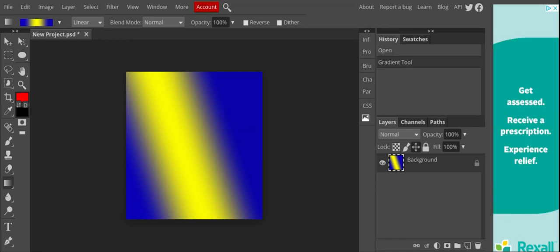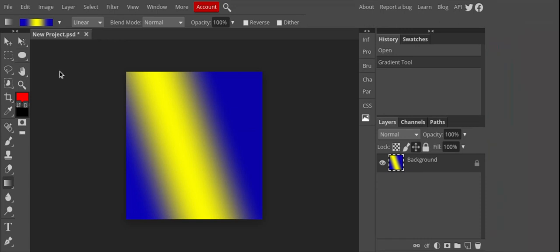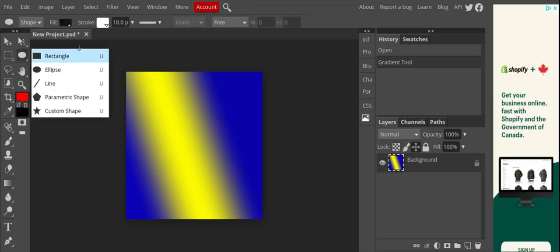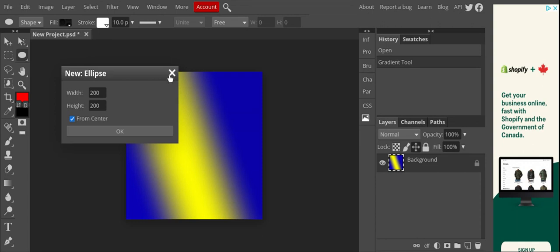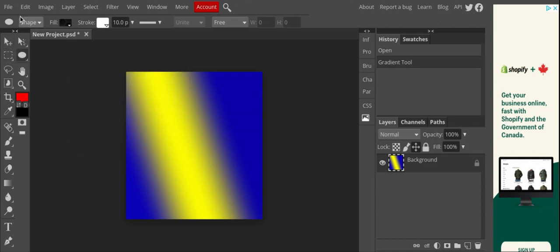And then you can do that, but you don't have to do a circle like I did. All you have to do is hold down on here. You can go rectangle, ellipse, line, all sorts of different stuff. And there's a ton of different kinds of tools you can use. But yeah, and you know how I typed in the width and the height? It's doing a weird glitch for me, so just do 500 width, 500 height. I know I said to do 1000, but it's just doing a weird glitch. So yeah. Alright, now,